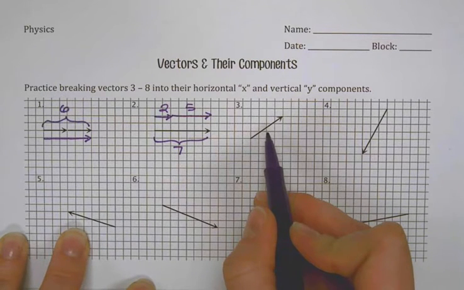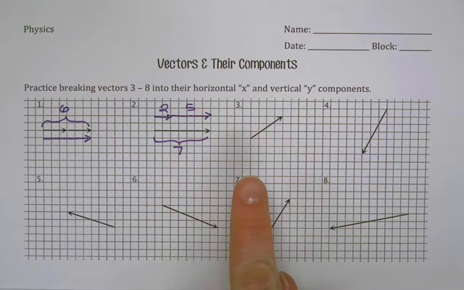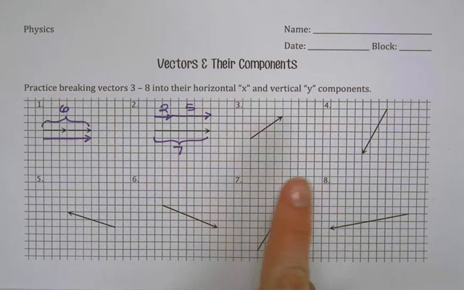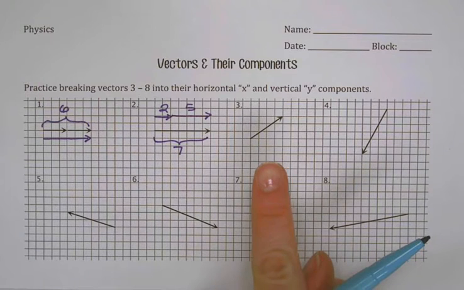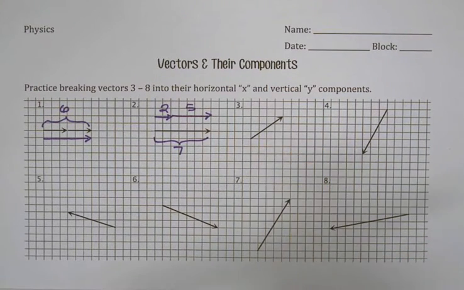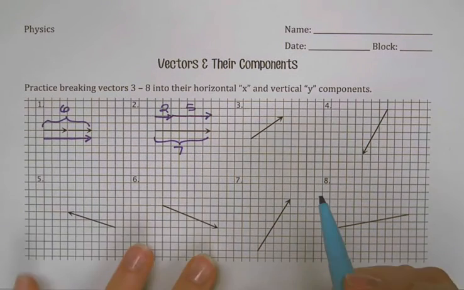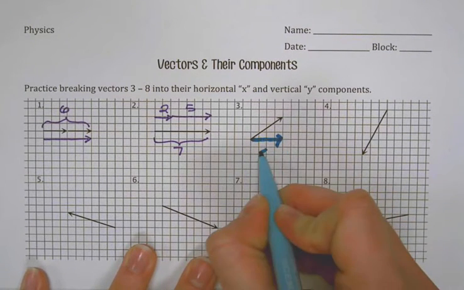Instead of breaking vectors up that are in the same direction, we're now breaking vectors up that are at angles. And we're breaking it into its horizontal or x and vertical or y components. So for this part, we're looking at how does this vector go? If I had to describe the vector, I would say it goes to the right and up. And then even more specifically, how much to the right and how much up did it go? So we can just simply say I went 4 to the right